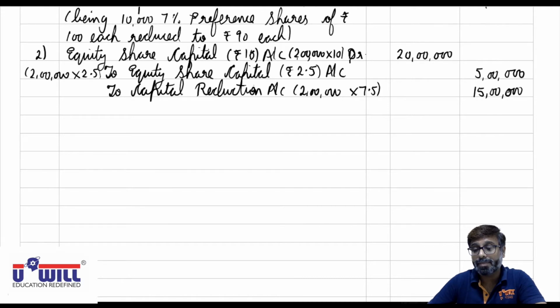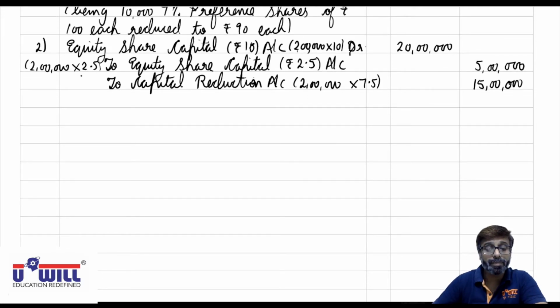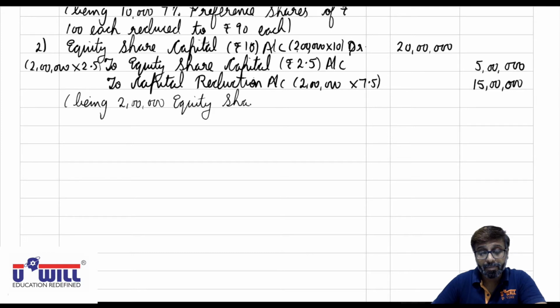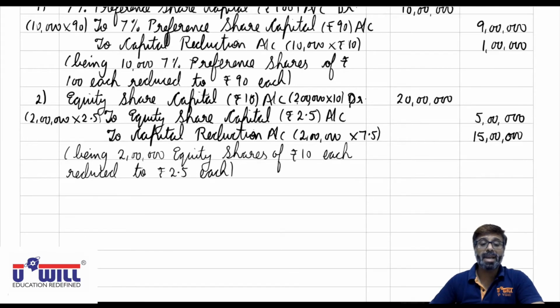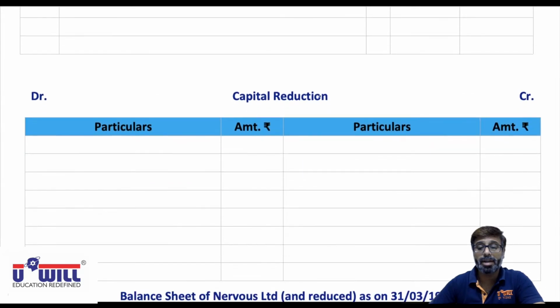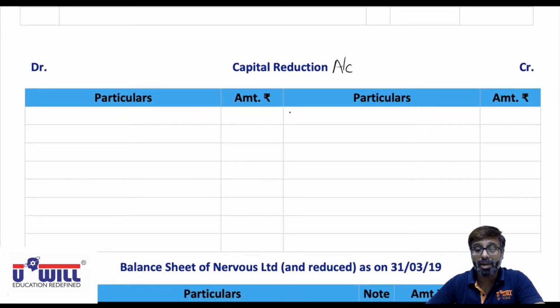I hope everyone is clear with this. Here also, 2 lakh equity shares of rupees 10 each reduced to rupees 2.5 each. Now, in both the entries, in capital reduction we will write on the credit side, okay, capital reduction account, we will write on the credit side